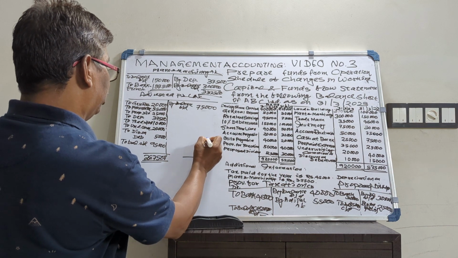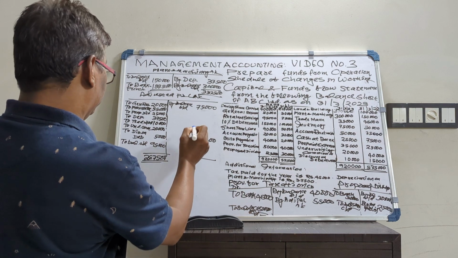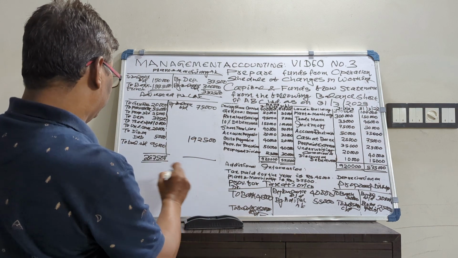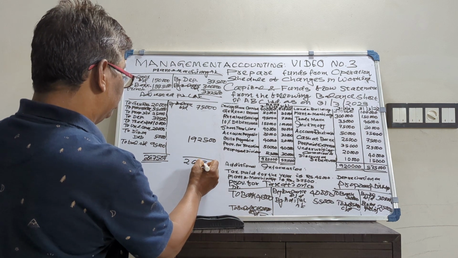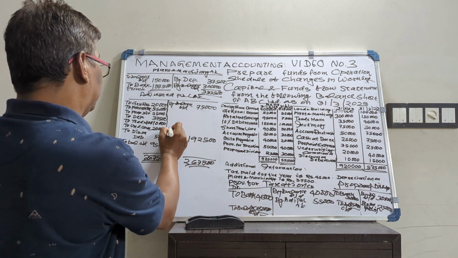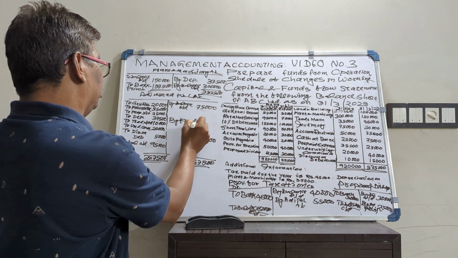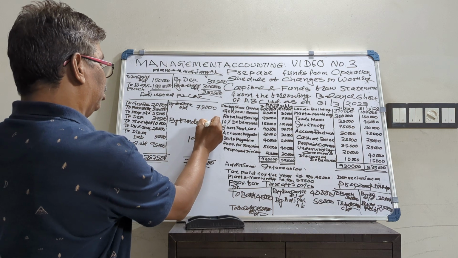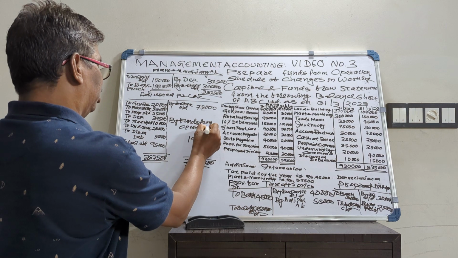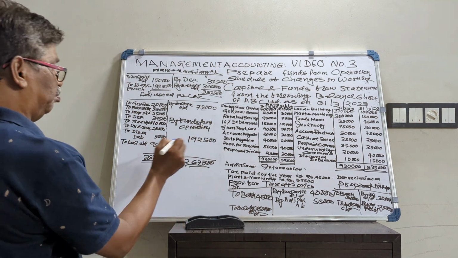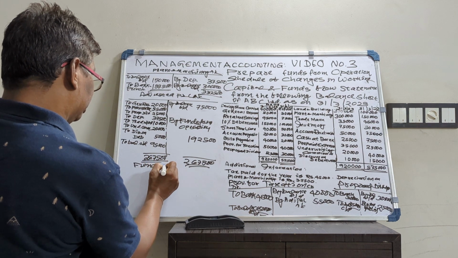That means here 1,92,500. 2,67,500. So this is by funds from operation, that is sources of funds, by funds from operation 1,92,500. So we will prepare funds flow statement of ABC Limited as on